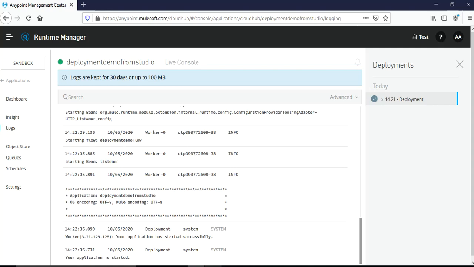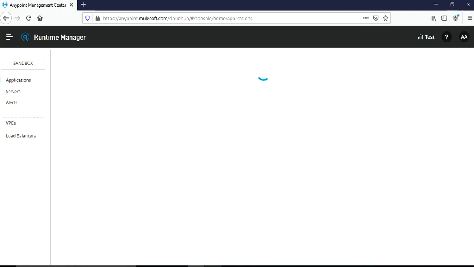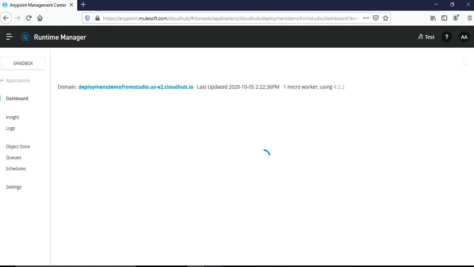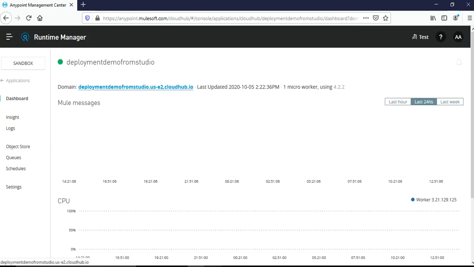Now you can see that we received this message on the console that your application is started. If we go to the applications, we should be able to see this application with the status started. This means that the deployment of this application directly from Anypoint Studio has been completed. Now if we click on this application here, we see the URL for this application. It's deployment demo from studio dot whatever is the URL for our cloud subscription.